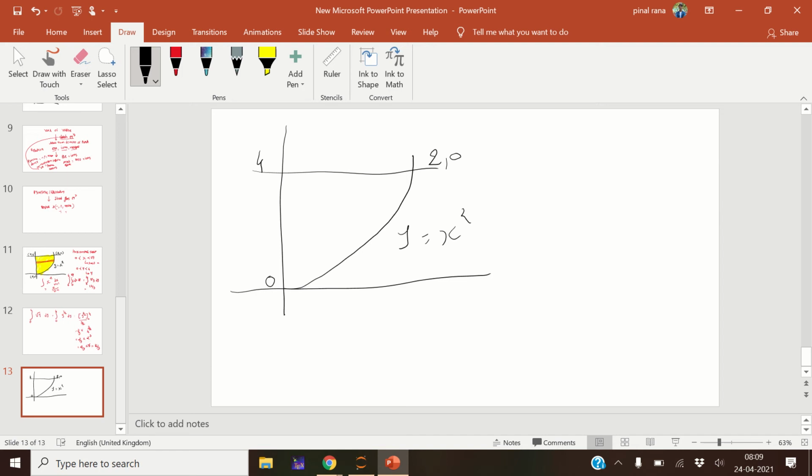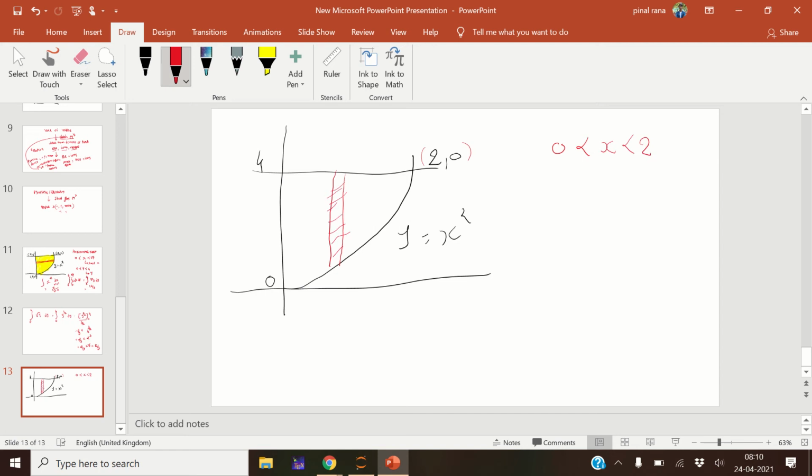Okay, now instead of horizontal strip, we have to take vertical strip. Okay, now value of x varies from 0 less than x less than 2, and value of y varies from,